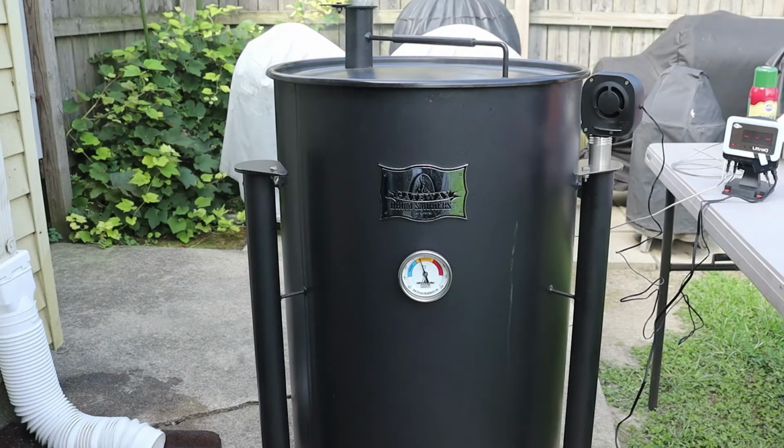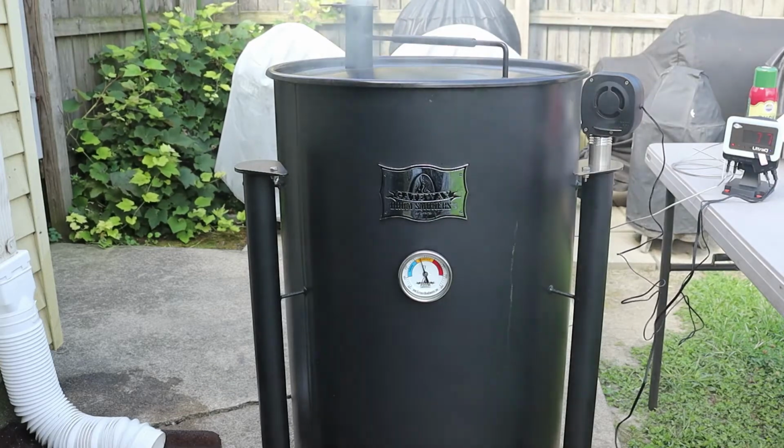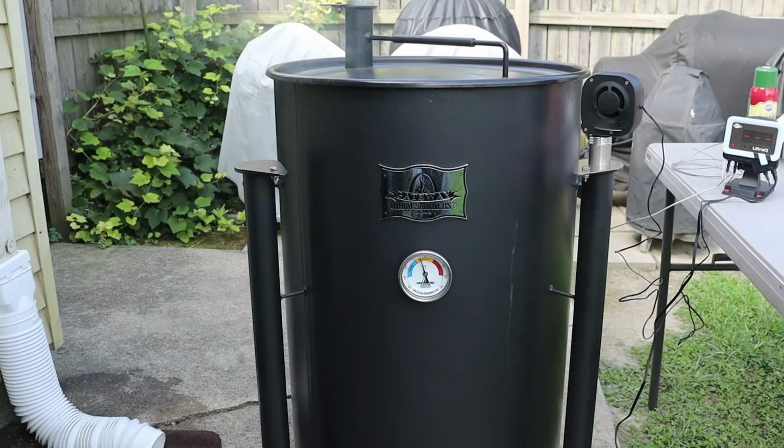I'd like to point out that recently on Making It Mojo, he cooked the brisket at 300 degrees on his Outlaw smoker. And then rested it, I think, for about 10 or 11 hours, and it looks spectacular. So about 3 weeks ago, I did a cook. I used a